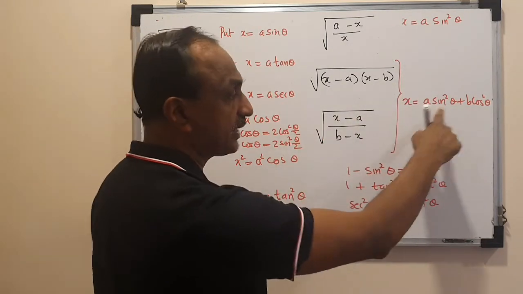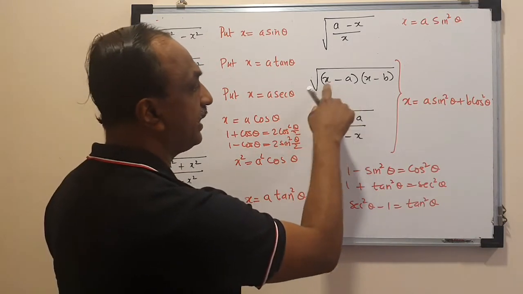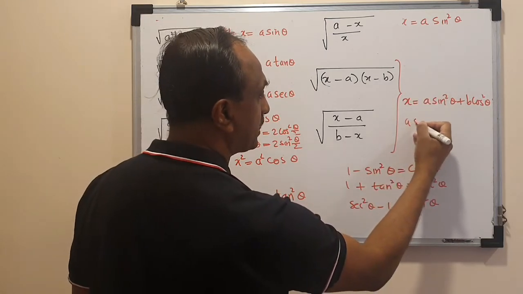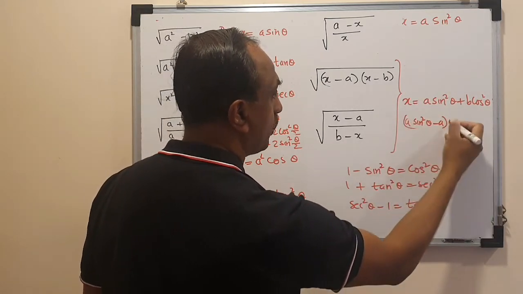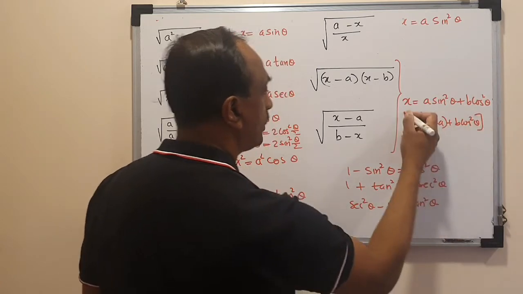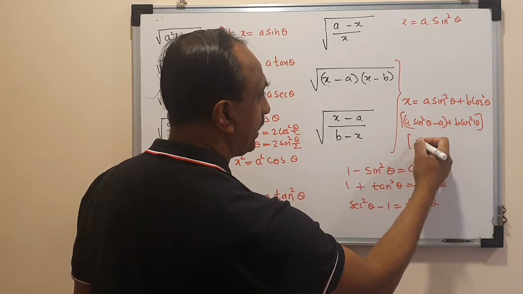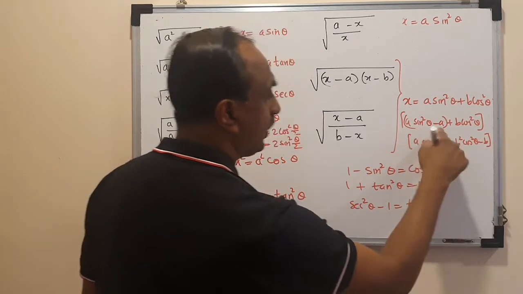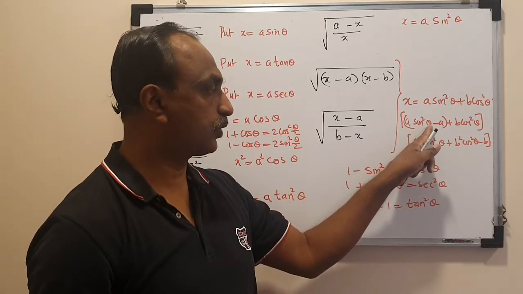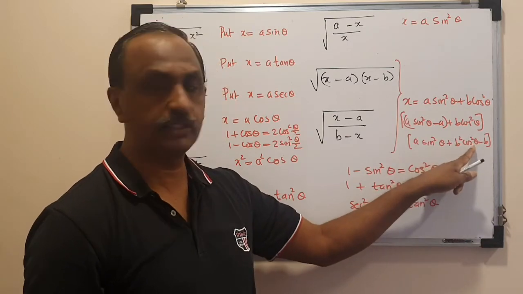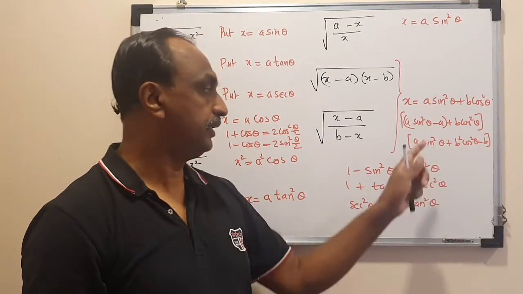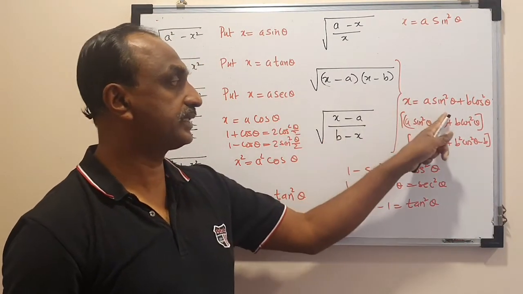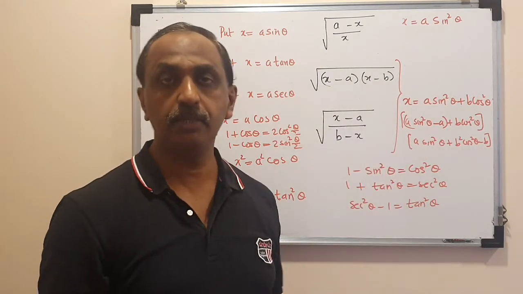This one, of course, 1 minus sin square, you can see if I replace a here, a minus a sin square, it will look like this. X minus a will become a sin square theta minus a plus b cos square theta. This will be your first bracket here. Second bracket will be a sin square theta plus b cos square theta minus b. If you take a minus a common, this will change to cos square. If you take a minus b common, it will change to sin square, and the a minus b will become common and cos 2 theta will come inside it. So that's the benefit of taking it in this manner. If you put x as a sin square and b as cos square theta, this can be simplified much easier. We will see in the problem.